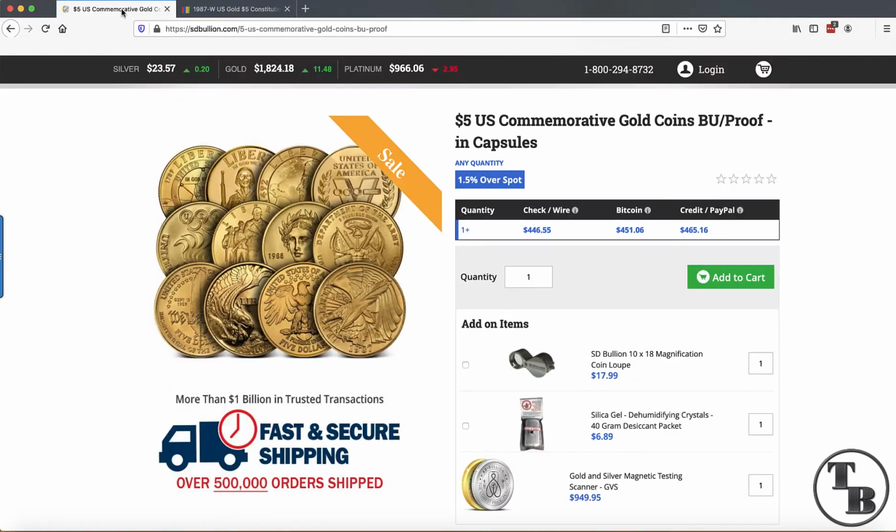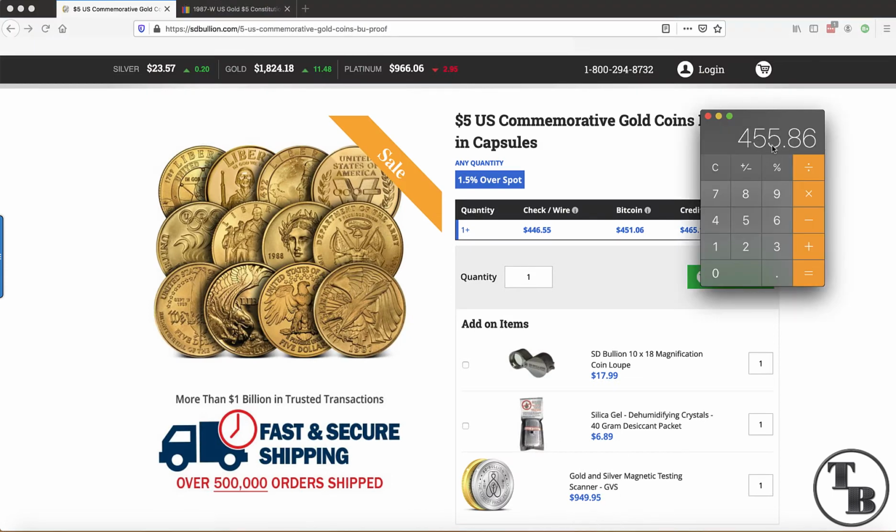Well, we can see here that that's still more expensive by about $10. It's more expensive than what you can pick it up from SD Bullion, and SD Bullion's a reputable company. So I think that's a good deal. Now remember, these are only 0.2419, they're not 0.25 on the amount of gold in there. But let's take a look. You see an SD Bullion,